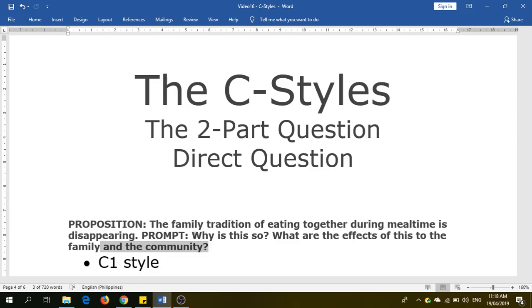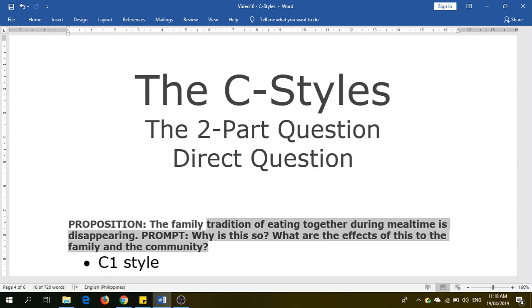So that was the added step that the writer performed in that essay, helping to explain the band 7.5 score. But going back, it really is a C1 style because it really only mentions one side of a particular controversy, which is why is the family tradition of eating together during mealtime disappearing? So that being said, this is clearly very one-sided, but the difficult part, there really is no easy question in IELTS. So the difficult part of this question prompt is, yes, argumentatively, you just have to answer both questions one-sidedly, but what kind of answers will you be writing, or what kind of answers will you be positing?